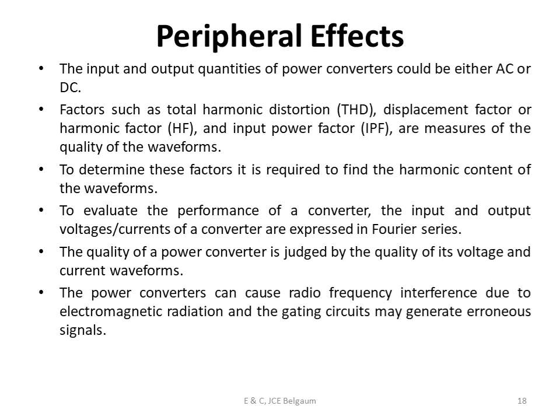So the power converters can cause radio frequency interference through electromagnetic radiation, and the gating circuits may generate erroneous signals. Because of this interference, the gating signal, like I want both of them, opposite devices in the inverters, to switch on at the same time. But because of these harmonics, one may switch on early, the other may switch on late. So because of that, the on time may differ. Okay, so the actual on time that is appearing across the load may change. So that may cause more distortions at the load.